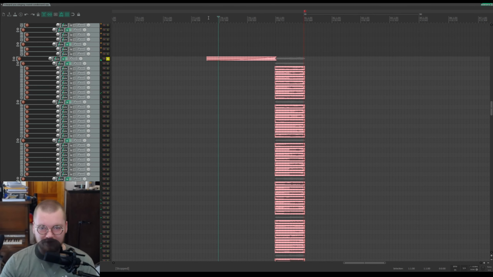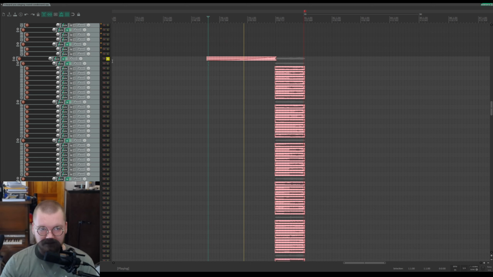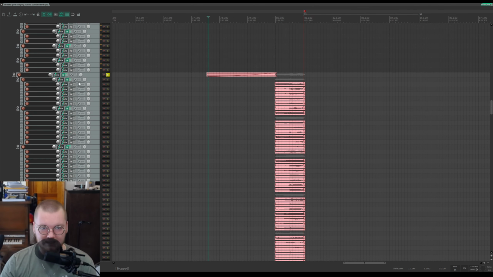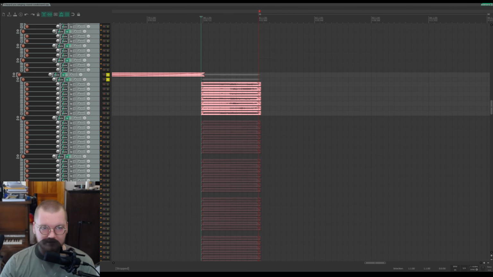I also did the reverse reverb effect for this too. There's a little bit of a lead in. Barely there, but it's there. And I want to go through this and build it, so just solo out each one and listen to how it changes.